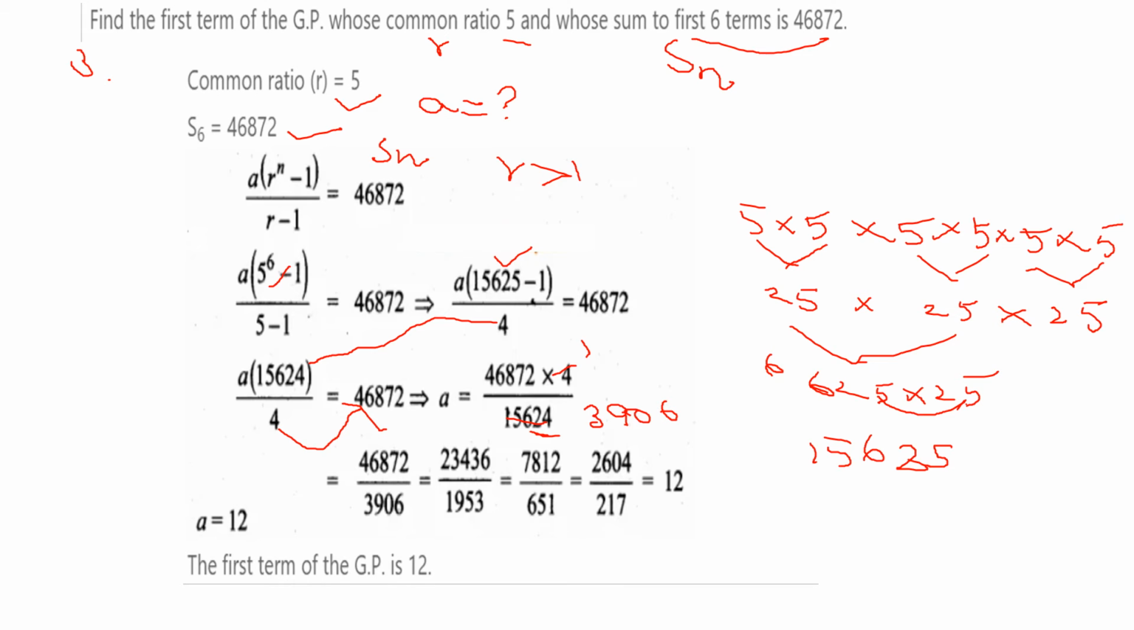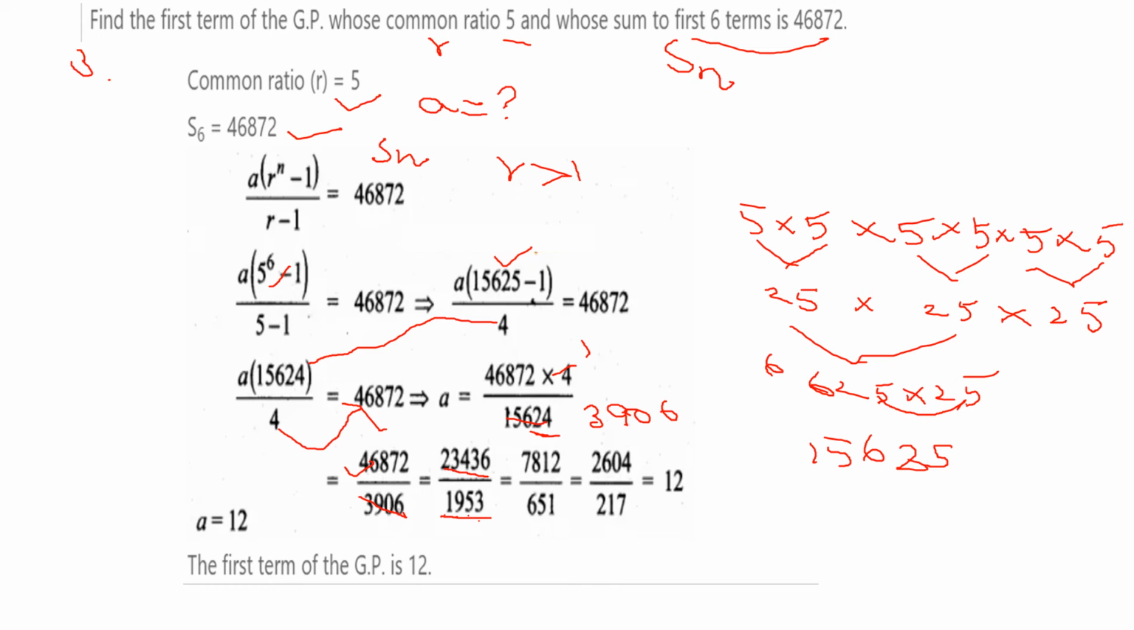46,872 by this one. After cancel with the 2 table, because the last digit is even. So 1 2 is 2, 9 2s are 18, 5 2s are 10, 3 2s are 6. Here also 2 2s are 4, 3 2s are 6, 4 2s are 8, 3 2s are 6, 6 2s are 12. Again, here you see, you add the number,